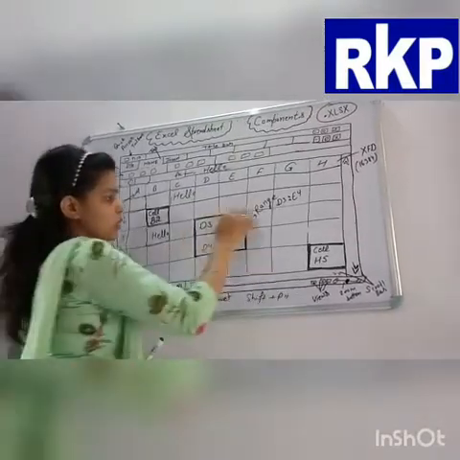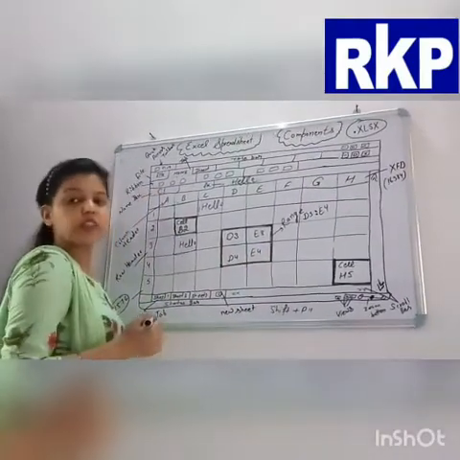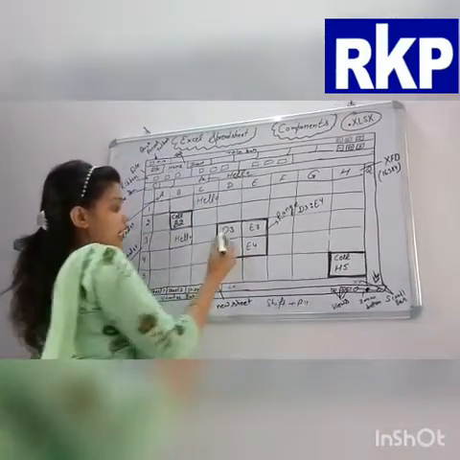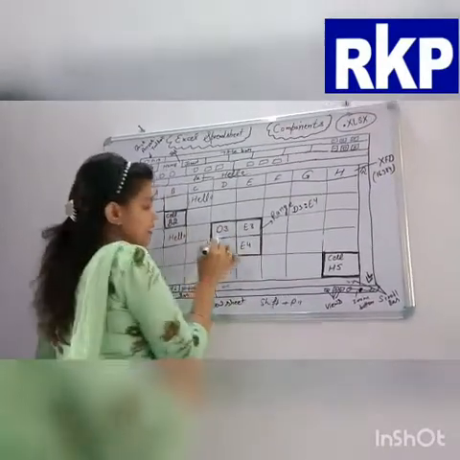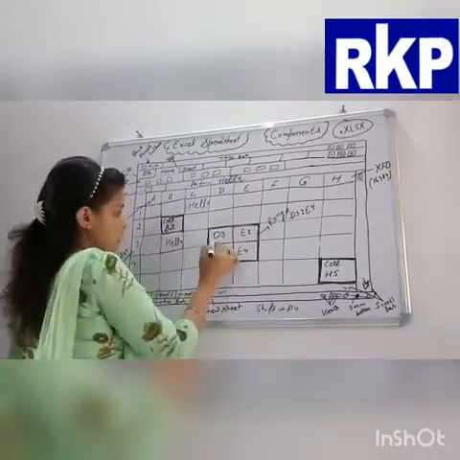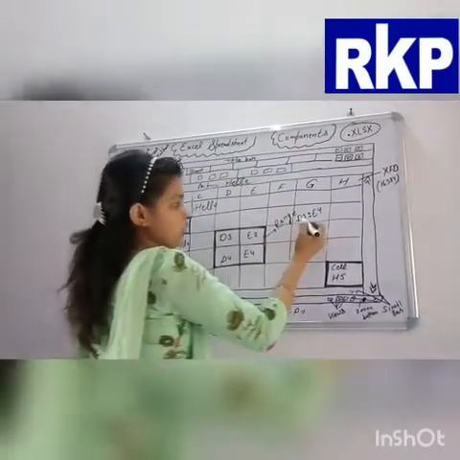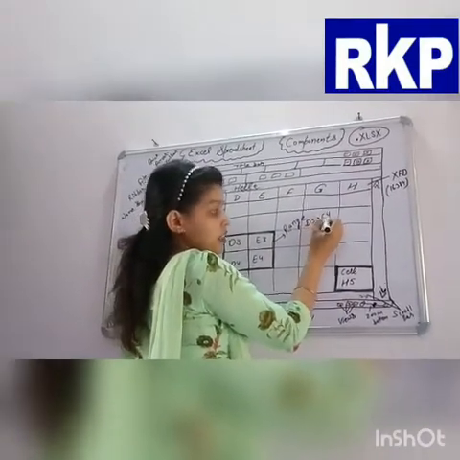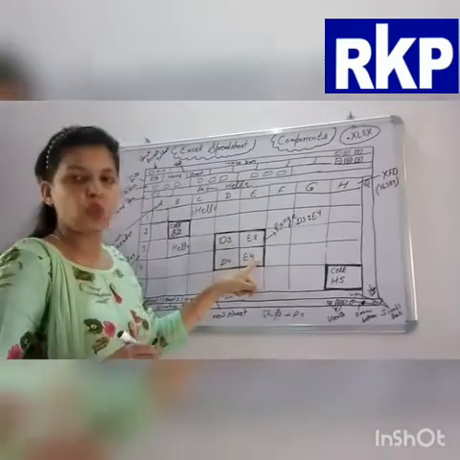Now students, if you select multiple cells, these are multiple cells, then it is called a range. Now how can you define the name of a range? First, select the multiple cells. This is the range. First check the name of the first cell. It is D3. Then take the name of the last cell present in the range. It is E4. So what you have to do is write D3, the first cell name, then a colon sign, then E4, the last cell name. So this is your range D3:E4.